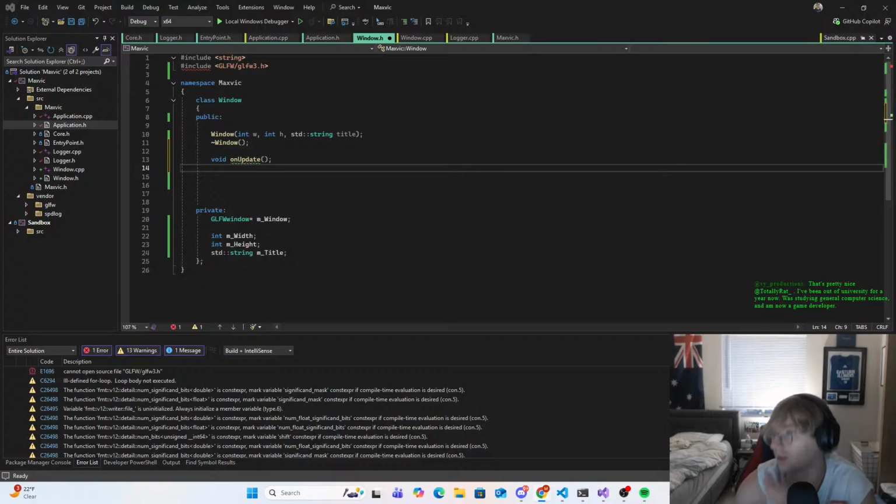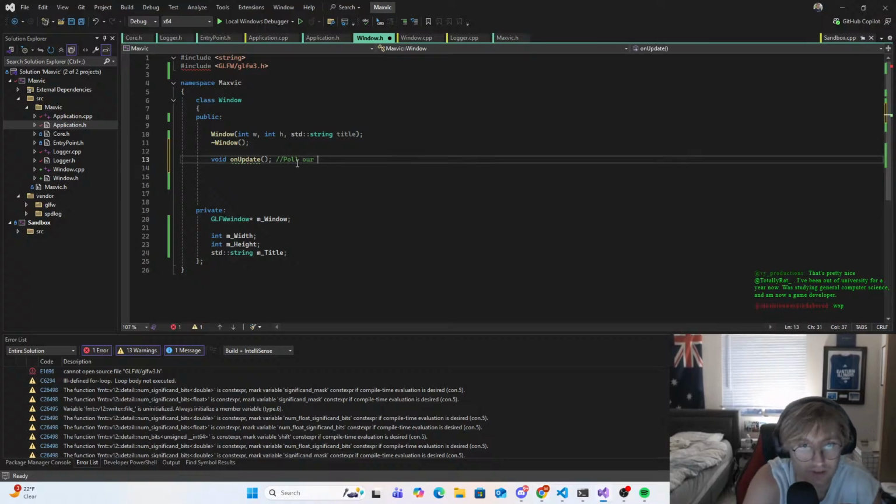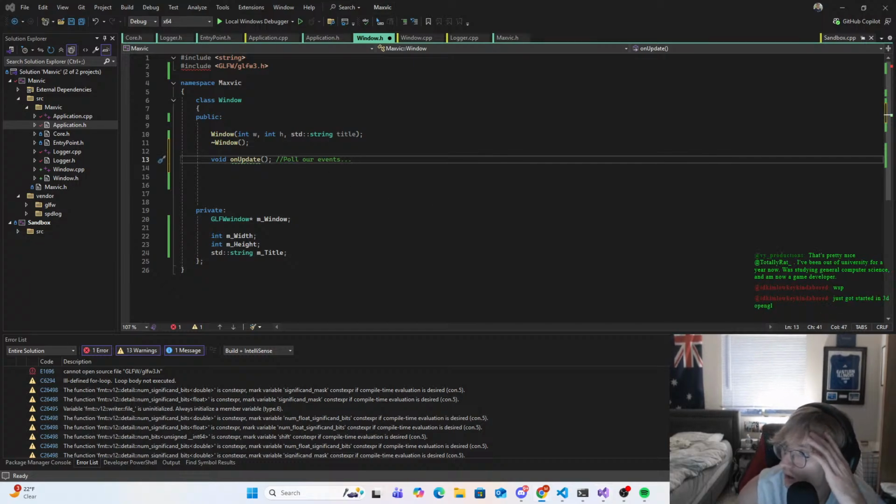So let's take a look here. An on-update loop. Just like what I think VY Production said, this is going to poll our events. I think here that's what this is gonna do. Window. So I think we're gonna have to have the GLFW callbacks in the